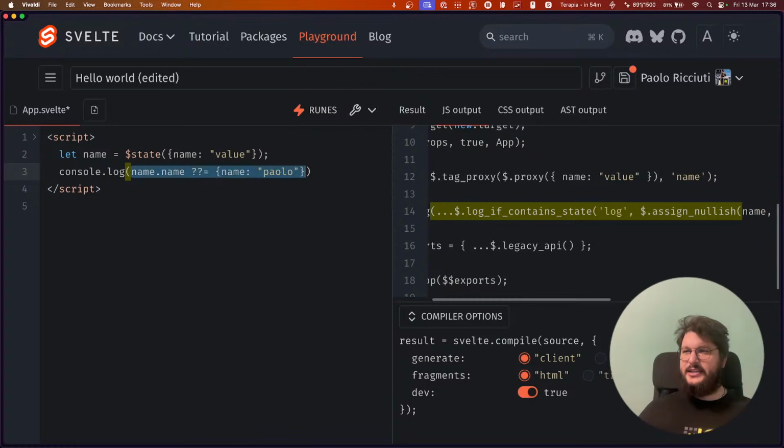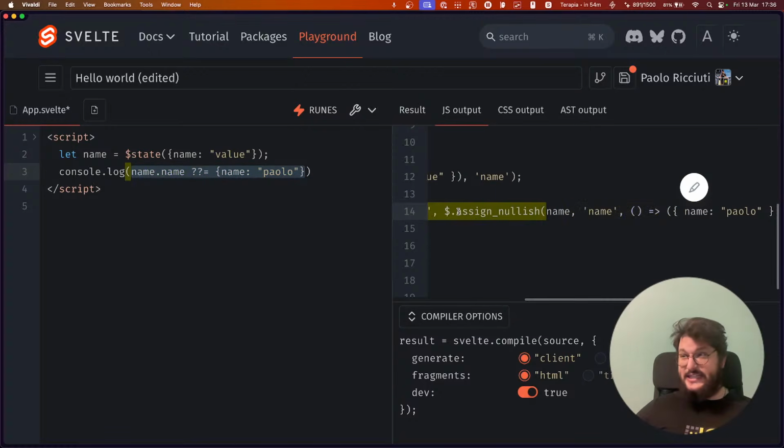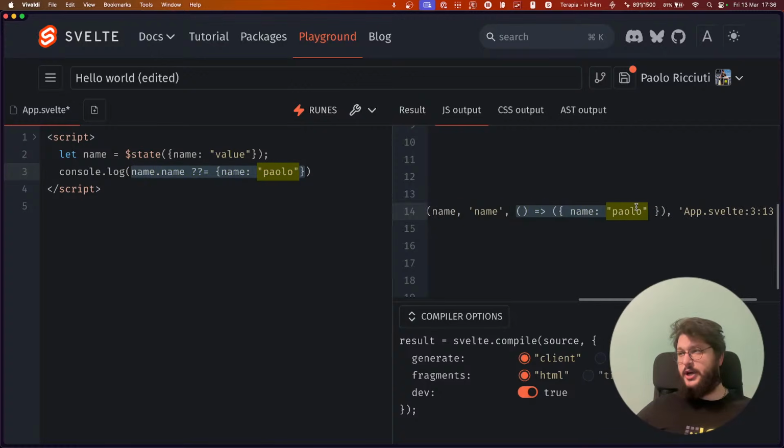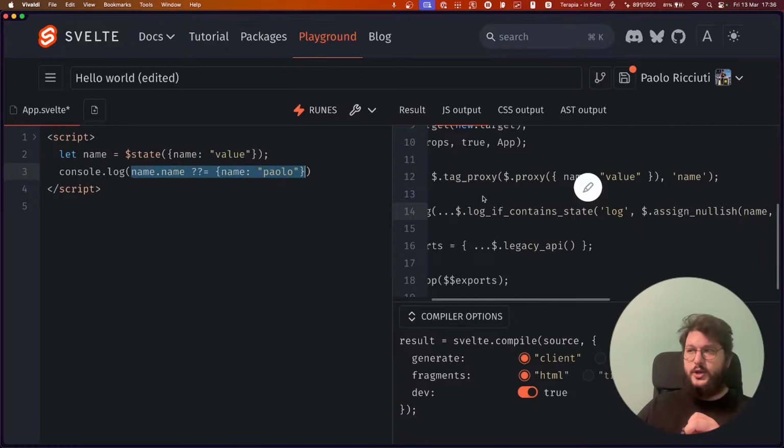You can see this assign nullish: within it, we are checking if this expression is a proxy, because if it is a proxy, it will resolve to the wrong value just because